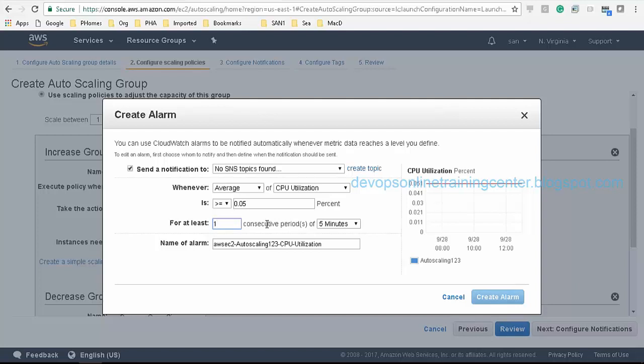Maybe I want to check if the load is continuously high for, let us say, 5 consecutive periods of time. Then I can specify here it's 5. So it checks 5 times, right? If the load is up 5 times consecutively, then only it is going to spin up the instances. So it's like checking whether the load is really up, or it's just going up once in a while.